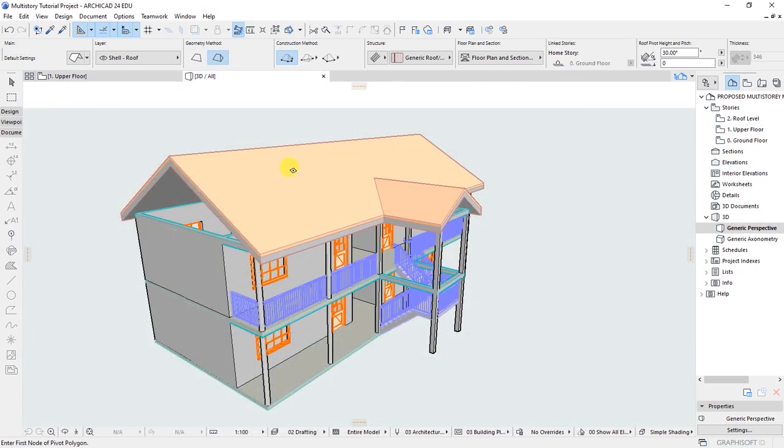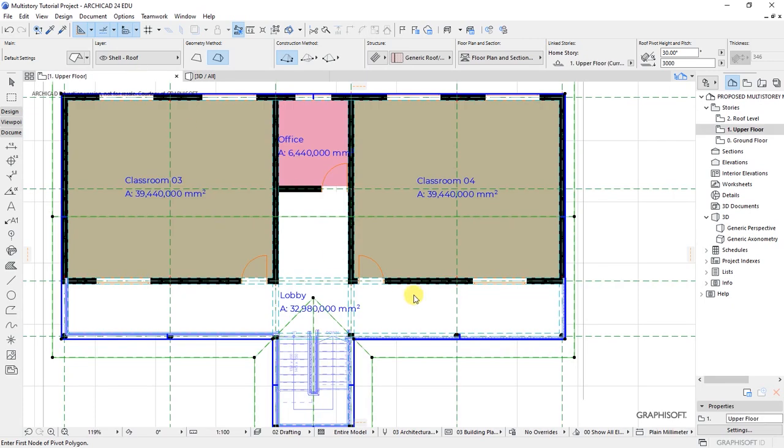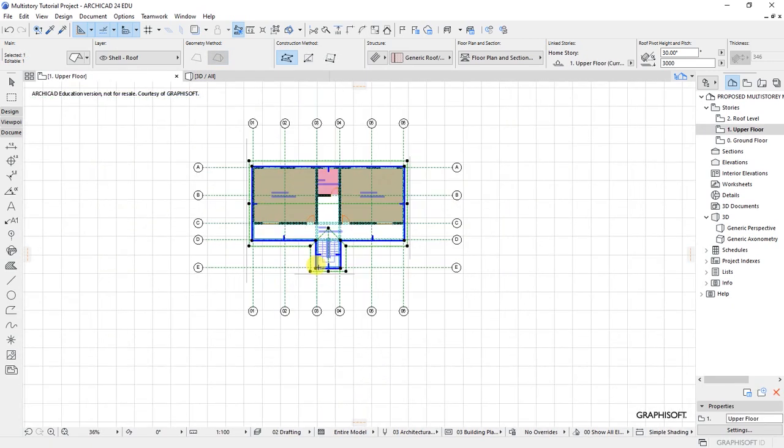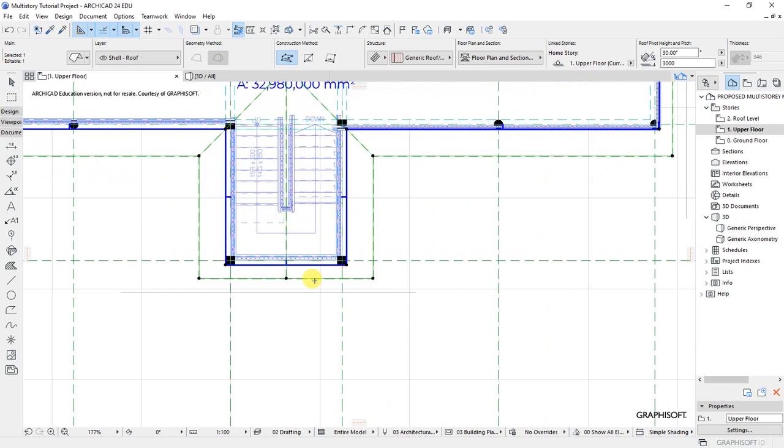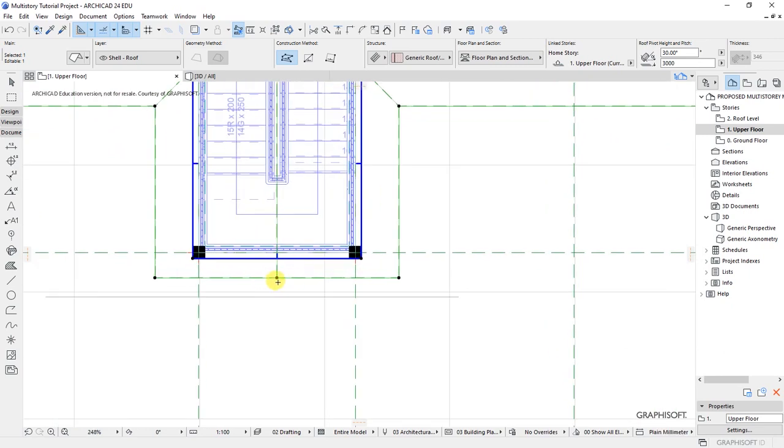We can take a preview in 3D window and you notice we have an empty space between this wall and the roof, and this part, I think, and the same applies to the other part. So before doing anything to fill that space, we need to extend the roof up to the 600 that we had specified. So what I will do is click on this,